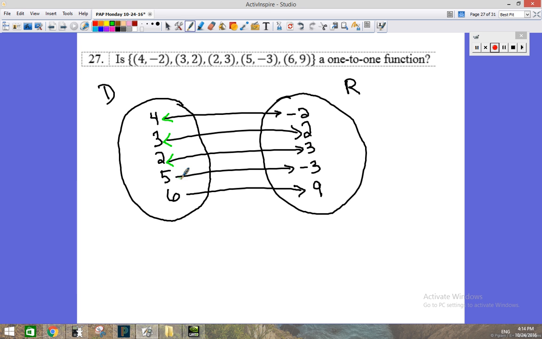That 3 is related to 2. That -3 is related to 5, and 9 is related to 6. So yes, this is a one-to-one function, because every element in the range corresponds to exactly one element in the domain. And so if you have